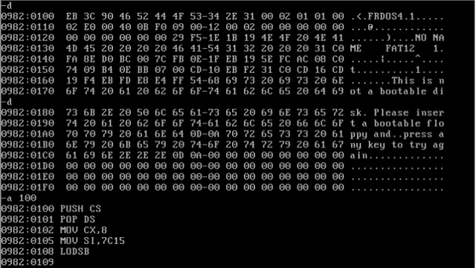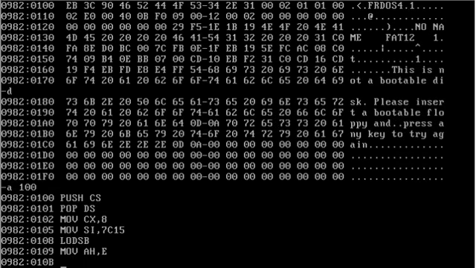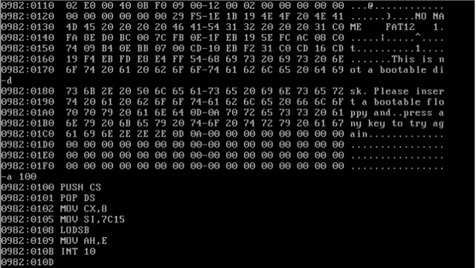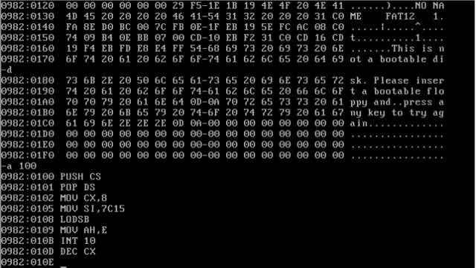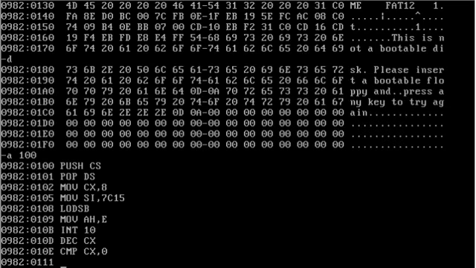So after you do LODSB, then I'll move into AH the value E. That tells interrupt 10 that I want function 10E, which means print character and advance cursor. Then we can run interrupt 10, and then what we want to do is decrement CX and compare CX with 0 to see if it is 0. And if it is not 0, then I'll say jump if not equal. So jump if it's not 0, then jump to